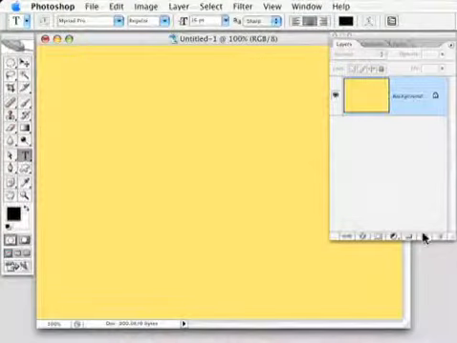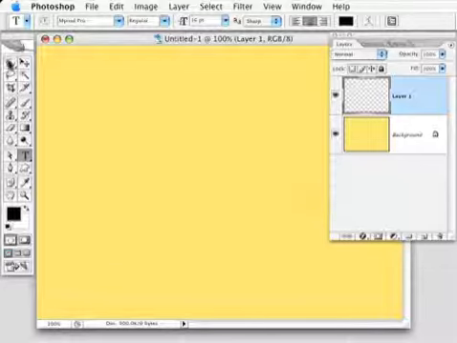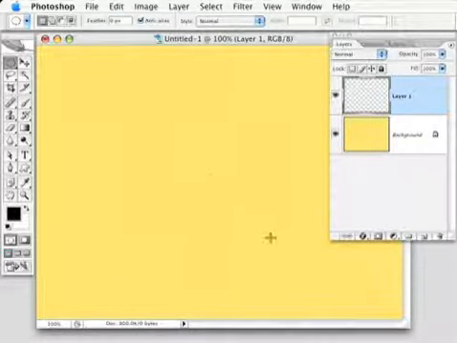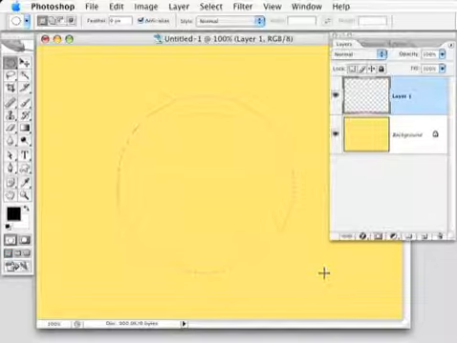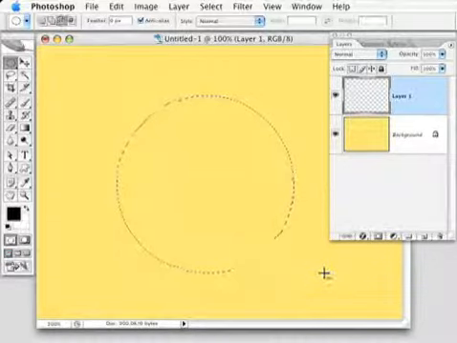Showing you how to take advantage of kind of a hidden feature of Free Transform when you're trying to make some kind of shape and do it automatically. So here's what I'm going to do. I have a document. The yellow background is simply so that whatever I do next will be easier for you to see. So I'm just going to make a new layer, and on that new layer make a nice circular selection. So I'm holding down the Shift key, needless to say, to make a nice circular selection,